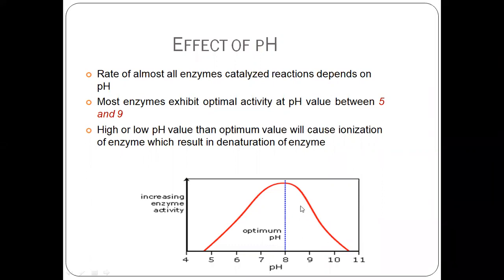Denaturing means the tertiary structure is slowly converting into linear structure. Linear structure means converting into a single straight line. Linear structure, then it converts into a straight line, the primary structure. Once the primary structure is retained, there is no tertiary structure, there is no active site, there is